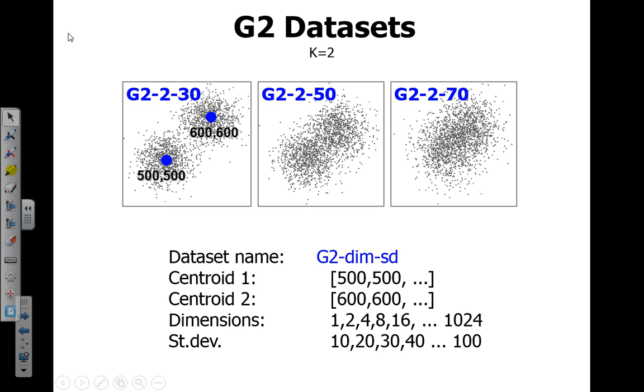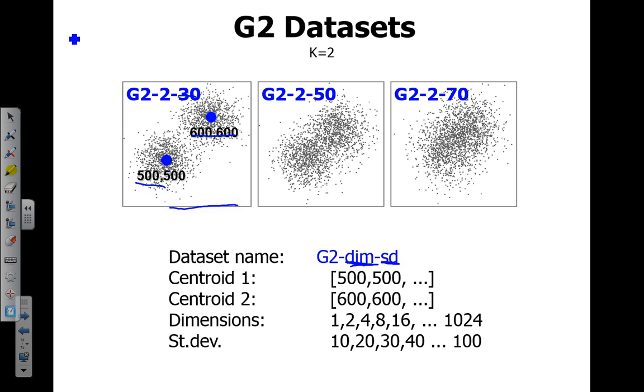And then these G2 datasets, which are really simple. There are 2 centroids at these locations, 500 and 600, and there are 2 varying parameters, so the datasets have been named accordingly: this one is the dimensions and this one is the standard deviation, how far the points are from the cluster center. So they are generated data, and in this case they have 2 dimensions here,